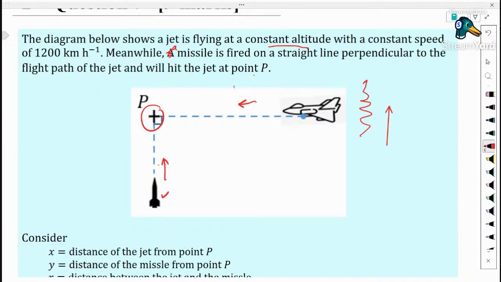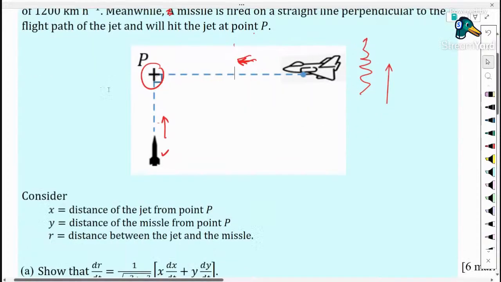You don't have to consider why the jet doesn't fly away and avoid getting hit, or whether there is any anti-missile equipment inside the jet. That is not in the consideration of the question. We just go by the question, which says that it will hit at P no matter what. With this situation, the jet flies at a constant altitude like this. And then the question further has